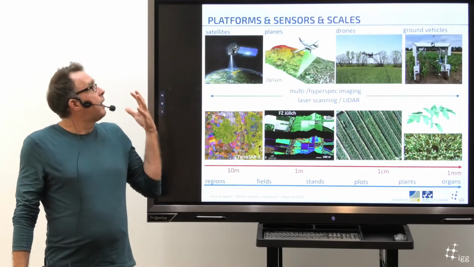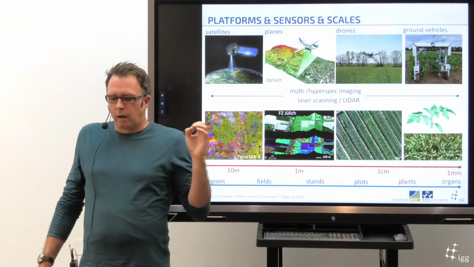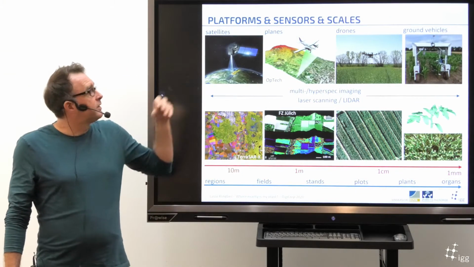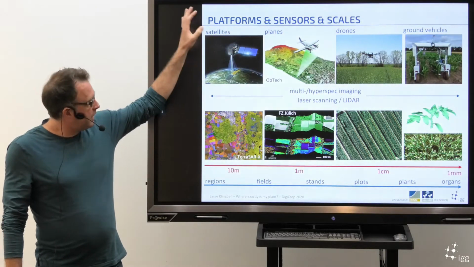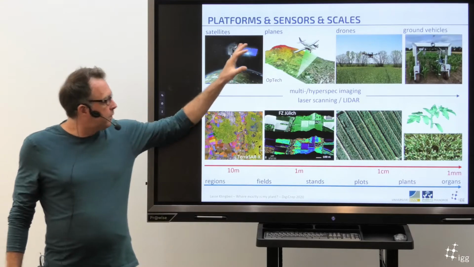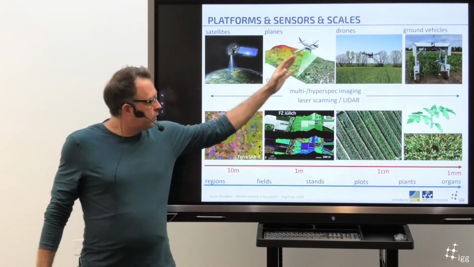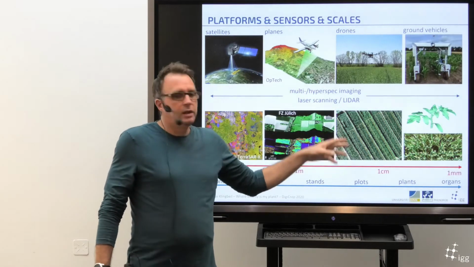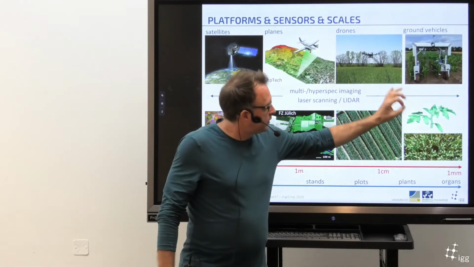So what platforms and sensors do we have in agriculture? There are a few of them, from different scales. So the main thing is to look at different scales. You have satellites with like a 10-meter resolution on the ground. You have planes, they are in the order of 1 meter. Drones can go down to 1 centimeter or even millimeters. And then you have ground vehicles which can give you like millimeter precision